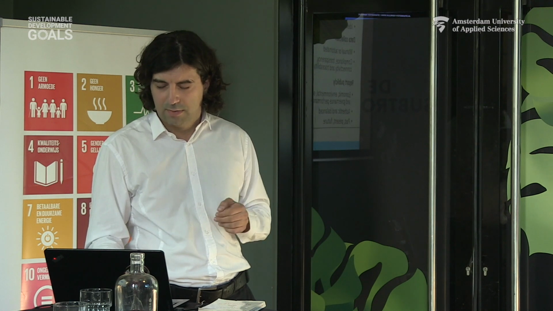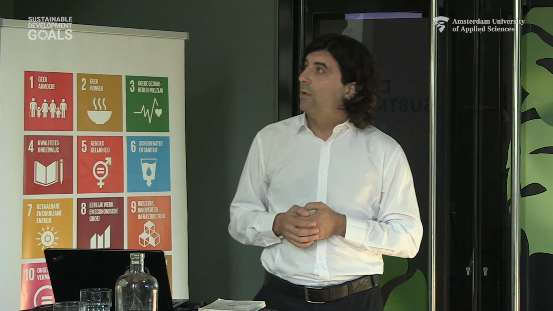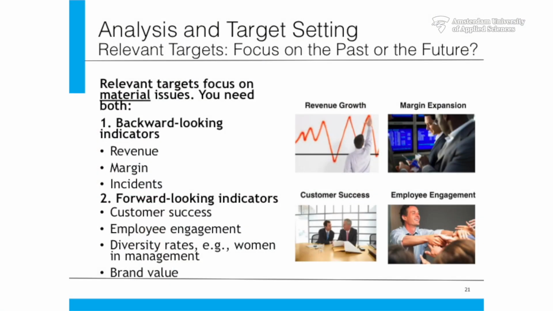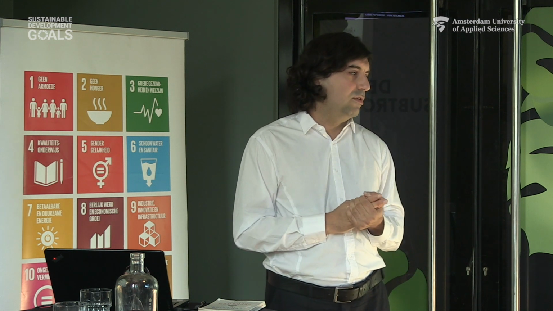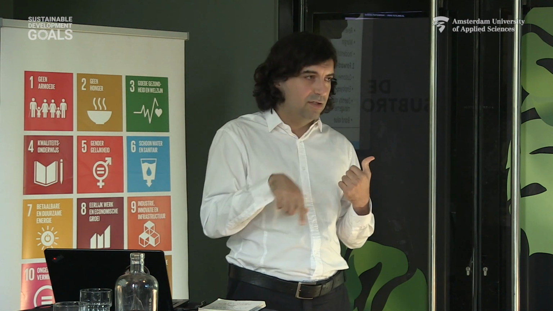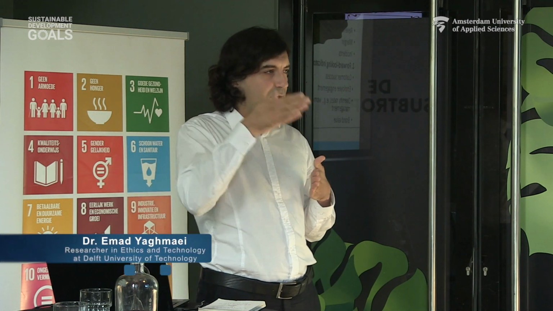But of course, it should also be achievable. So it's kind of attainability, which is something fairly obvious. But also, the targets that you focus on should be relevant to the material issues that you already set. So you always need to start with the materiality analysis, materiality assessment and materiality matrix, because you need to get back to these material issues all the time. So it's kind of a feedback loop back to the materiality assessment.